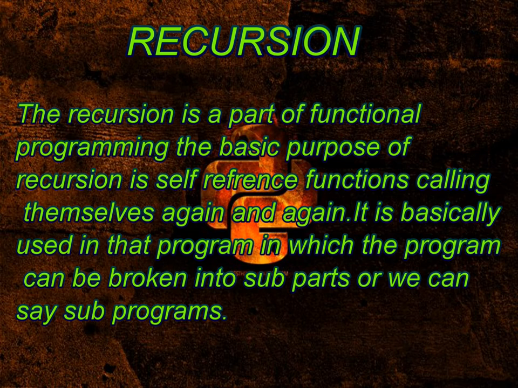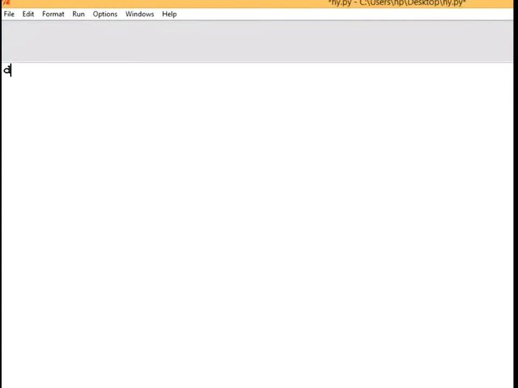When we are talking about recursion in any programming language, a factorial program is the best representation of recursion, because in recursion we can use the function just like loops, meaning we can use it any number of times until our logic is complete. So let us understand with the help of an example. Understanding the factorial function with the help of recursion, we have taken an example over here.